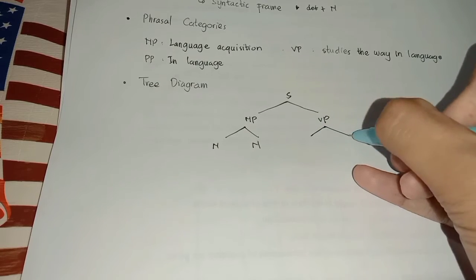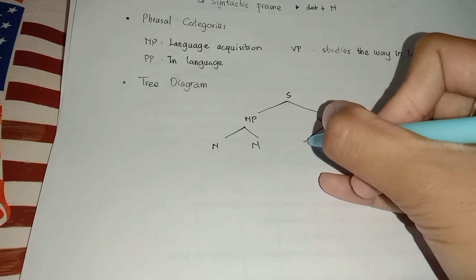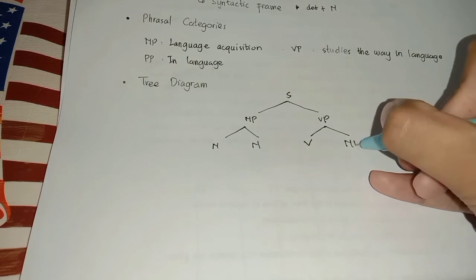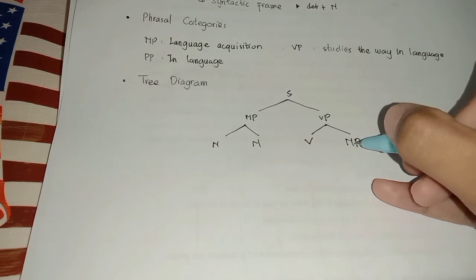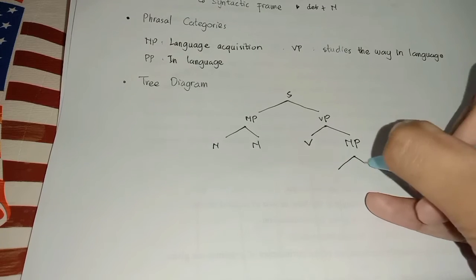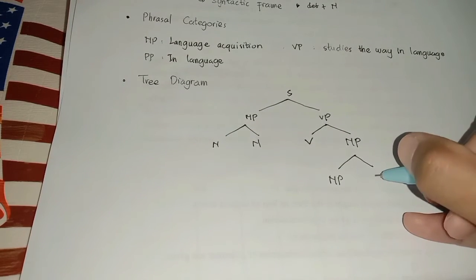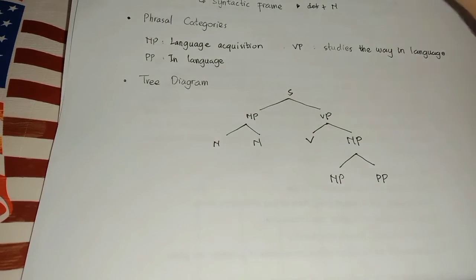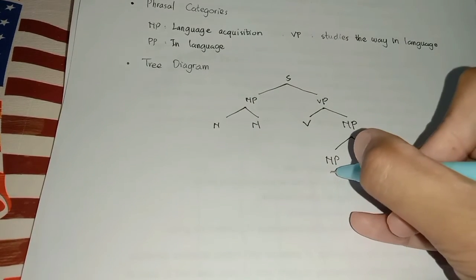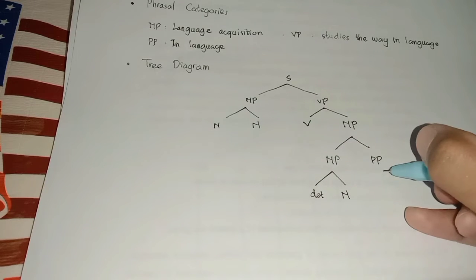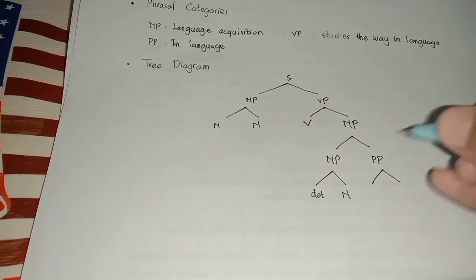We can divide it also into verb and noun phrase. Noun phrase is the way in language, and in noun phrase we can divide it again into noun phrase and prepositional phrase. In noun phrase, we can divide it into determiner plus noun, and in prepositional phrase, we can divide it into